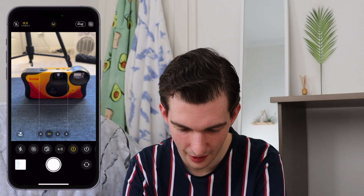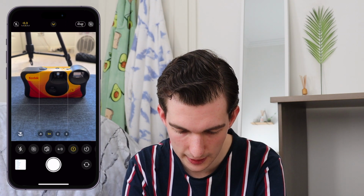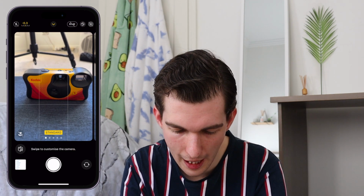So another thing that has been around since the iPhone 13s was photographic styles. Most of these are actually camera features, I realized. So I'm going to show you what it looks like when I'm taking a photo with the photographic style. So if I open it up, and I swipe up and press this little button here with the little edits,